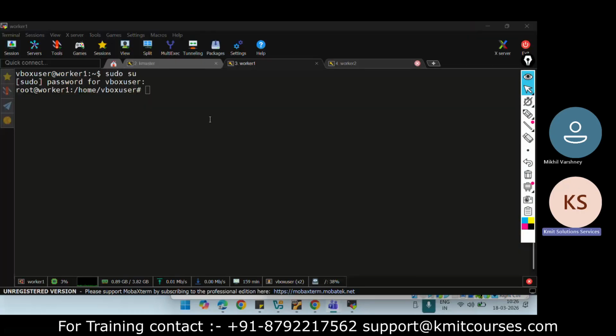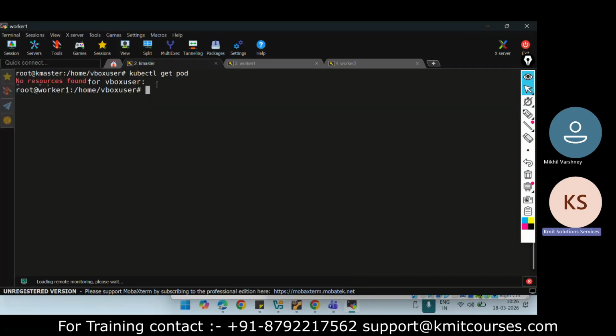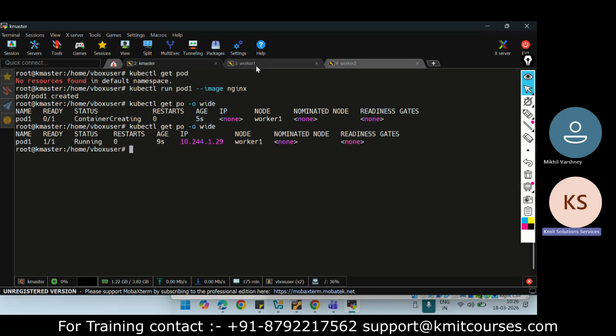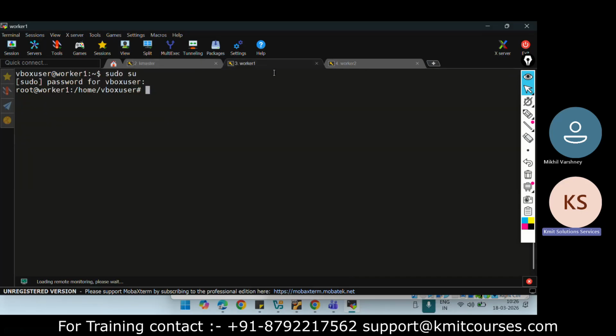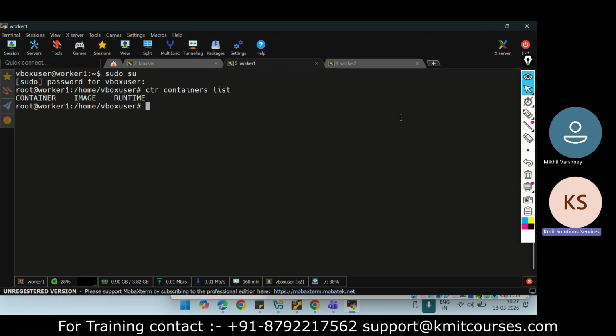Okay, so now what I was doing, I have created a container which is on worker 1. Now if I go to worker 1, here we are running the container. How do you know that container is running? So ctr and containers list. Okay, so if I run this,